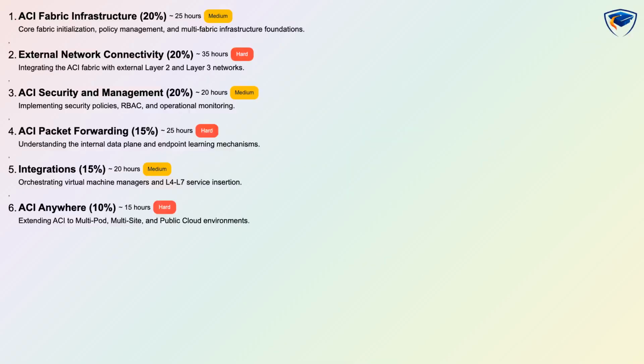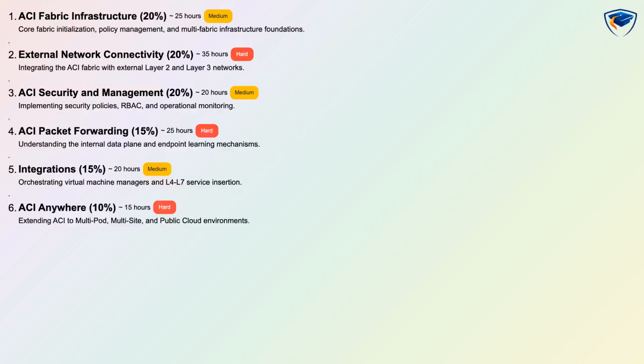Overview of the exam domains and their weights. ACI fabric infrastructure is 20%, external network connectivity is 20%, ACI security and management is 20%, ACI packet forwarding is 15%, integrations is 15%, and ACI Anywhere is 10%. The syllabus recommends about 140 hours of study across domains and includes conceptual, scenario-based and hands-on assessment types, so plan